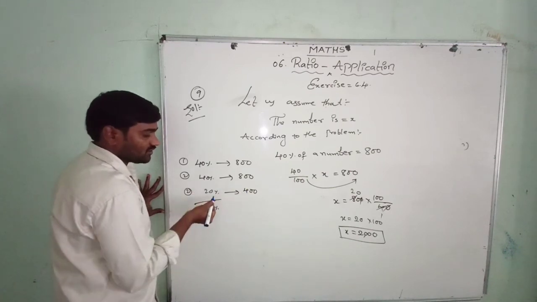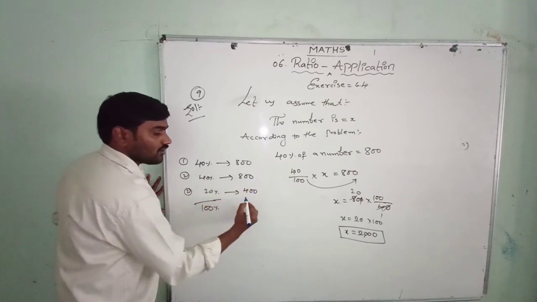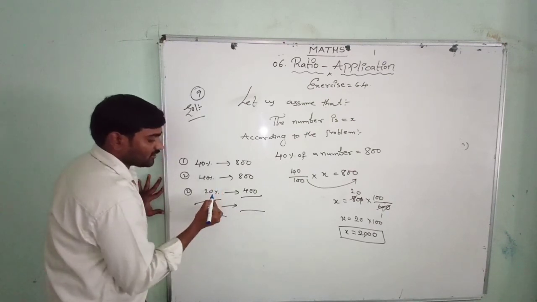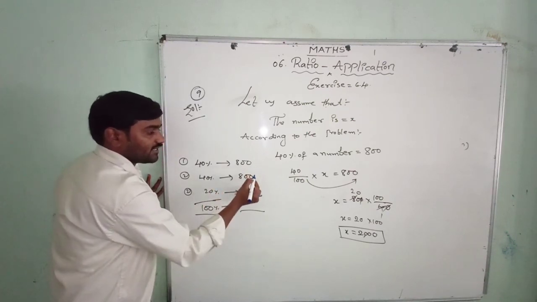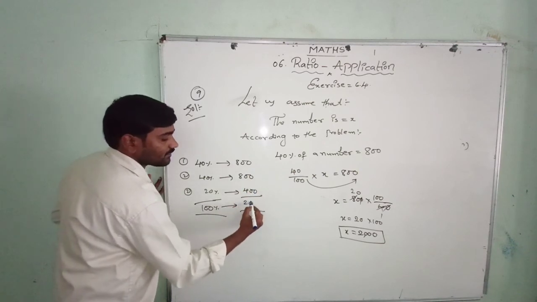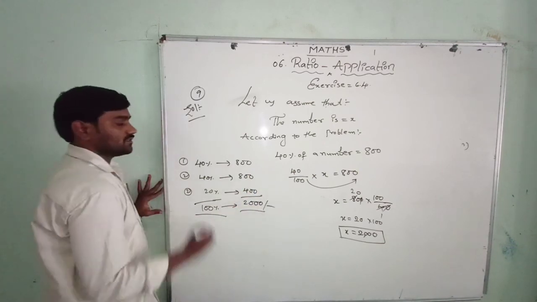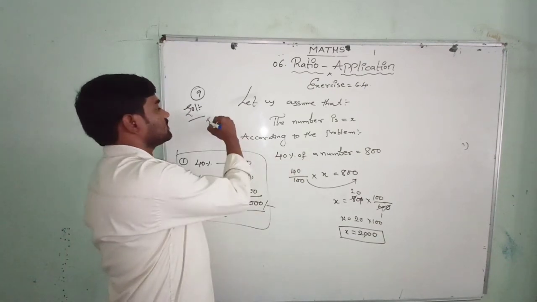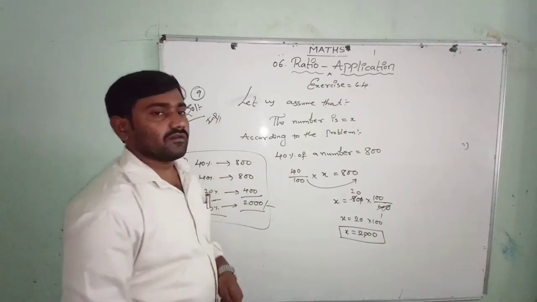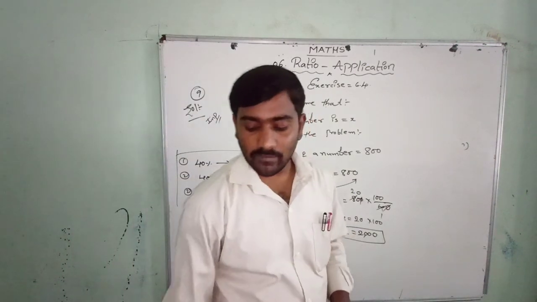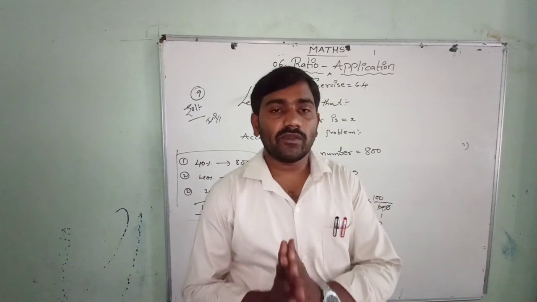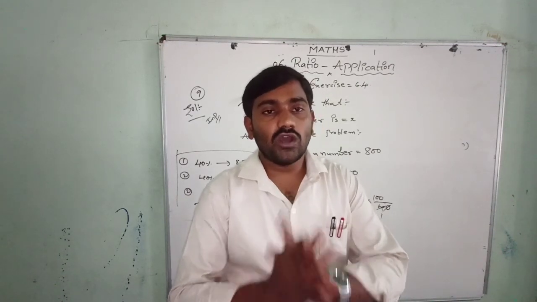That is, half of 40 is 20%, and half of 800 is 400. So you add this completely. 40 plus 40 plus 20 is 100. 800 plus 800 plus 400 is 2000. Finished. We have completed. Alright, this is the mathematical way and this is the important one also. So we have completed exercise number 6.4. I hope you understood, practice properly and get good marks. And all the best for your future.